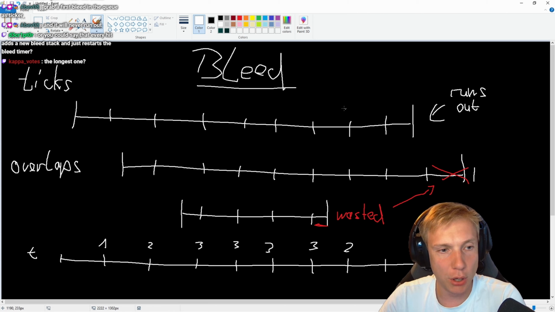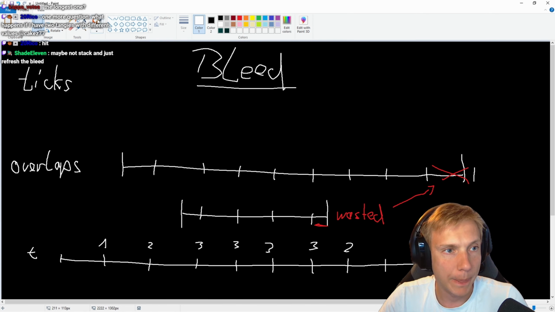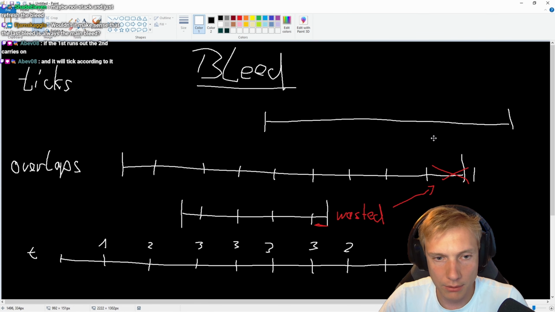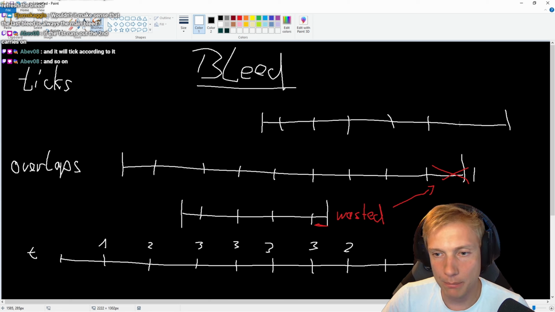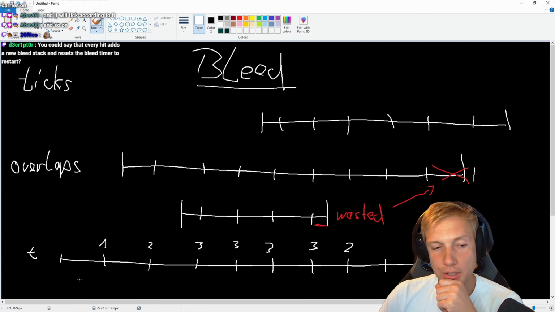So let's say this top part here, right? This runs out. This is gone. Goodbye. And then we add in another one here. Now this applies, let's move it a little bit so it doesn't align with the grid perfectly, like this in a way. Then we still have the same, like, I don't know, tick timer. The timer still stays the same. What do you guys think? If the first runs out, the second carries on, and we'll tick according to it. I think what happens is...